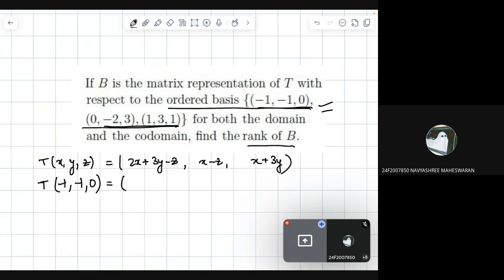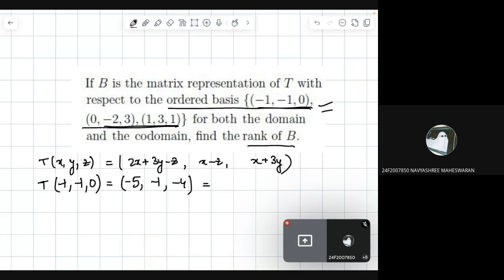And we are going to get minus 5, minus 1, minus 4. You can check the calculation: 2 into minus 1 is minus 2, minus 3, so minus 5. Then x minus z, this is minus 1, x plus 3y,